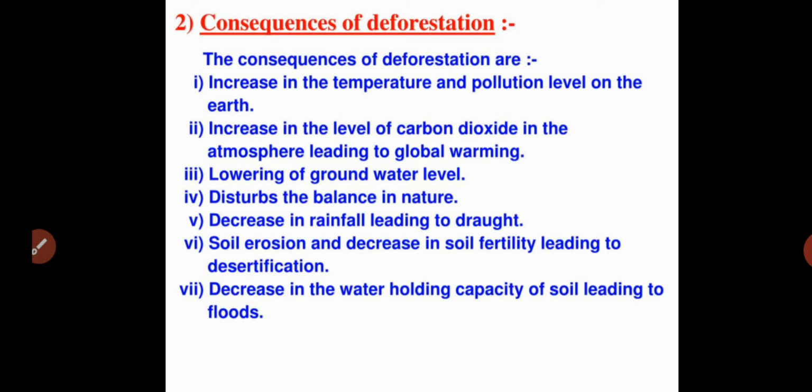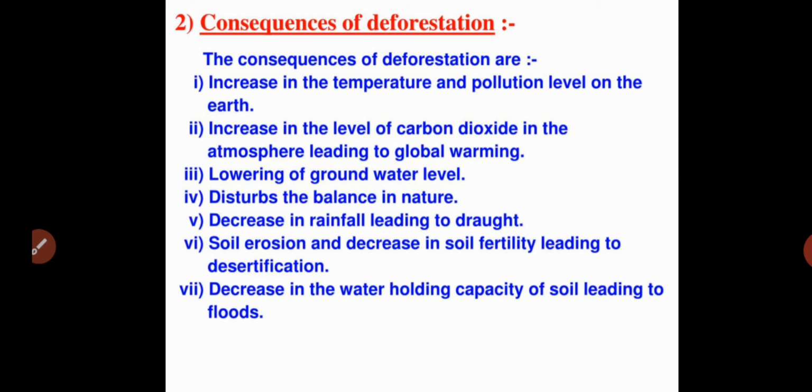Because of deforestation, the temperature and pollution level on the earth increase. With no trees or forest, nature is directly affected. Finally, the temperature of the earth rises, and the pollution level also increases in the biosphere. Increasing pollution, like air pollution, water pollution, soil pollution and many other pollutions, finally spoils the healthy nature of the earth, along with the increase in temperature.